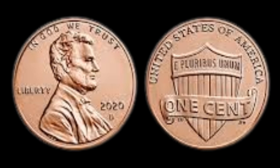Starting with the most immediately obvious of all errors, which is a dramatic off-center strike that causes Lincoln's portrait and the accompanying inscriptions to appear skewed dramatically to one side, an error that on its own could already raise a coin's value into the thousands depending on the degree of displacement, but in this case, it's only the beginning because this same 2020 penny also features a well-defined die clash error, where